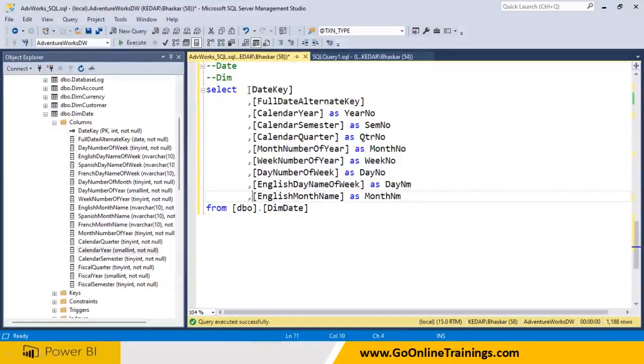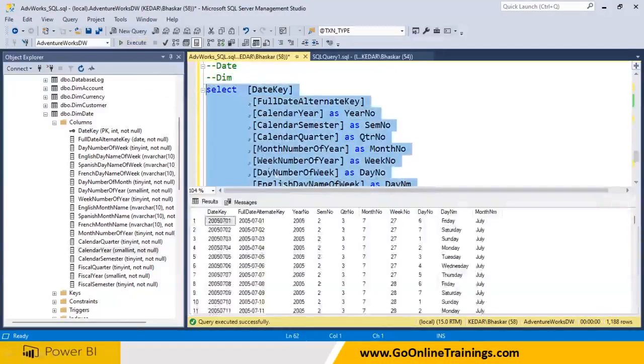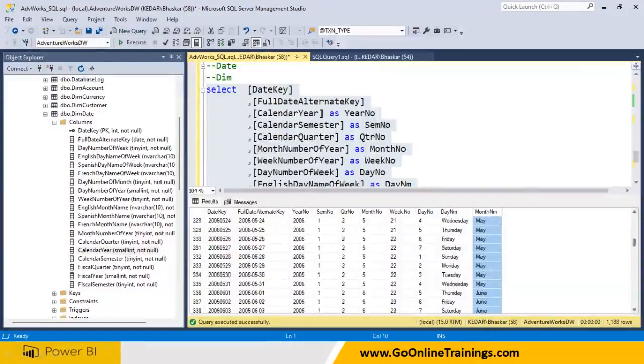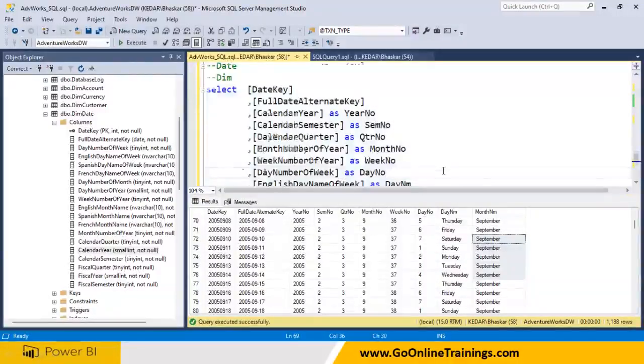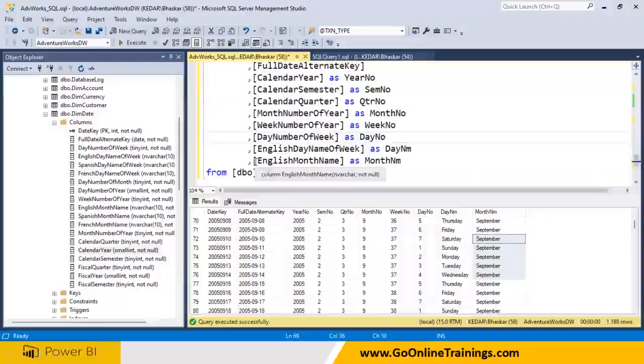And this date key and order date key can be mapped. So this is how you have to get them. So date key, full date, and year number, semester number, quarter number, month number, week number, day number, day name and month name. So you will be able to find out May, June, July, and so on, whatever you would like to have, you should be able to get it. If you need only 3 letters as a month name, so how to do that? We have the complete month name. I don't need the complete month name. I need the 3 letters. So what I can do, I can say